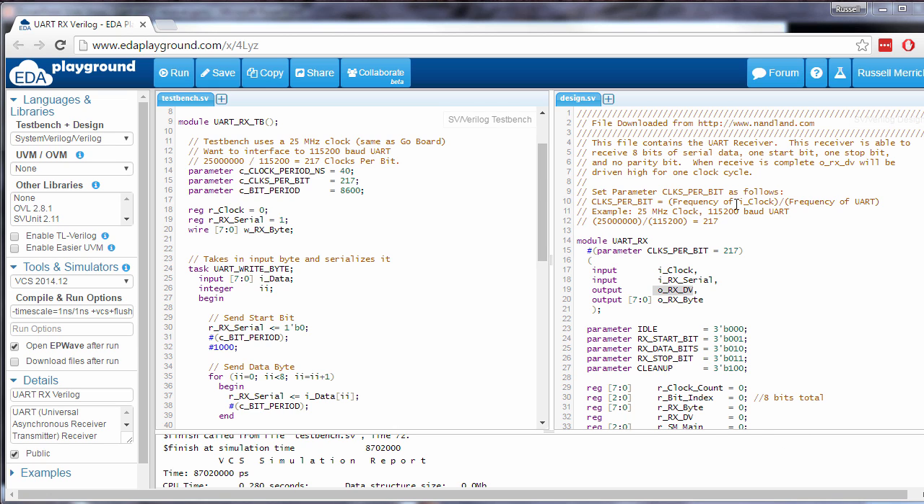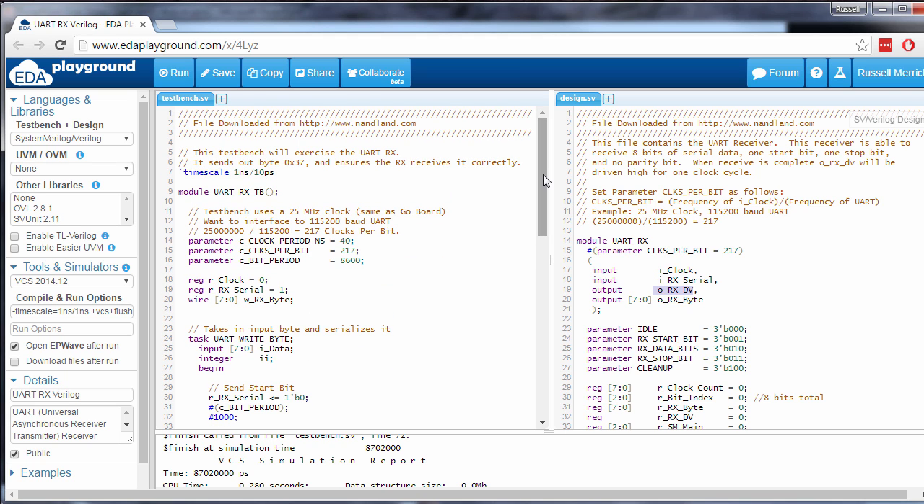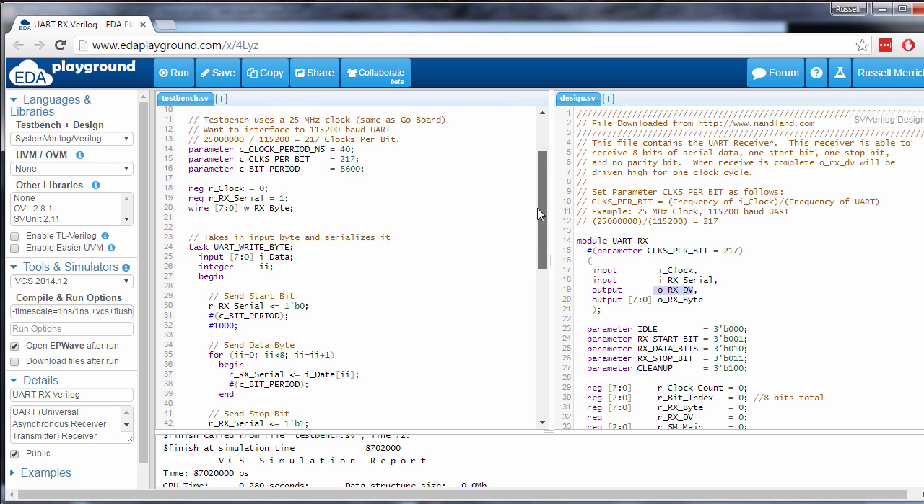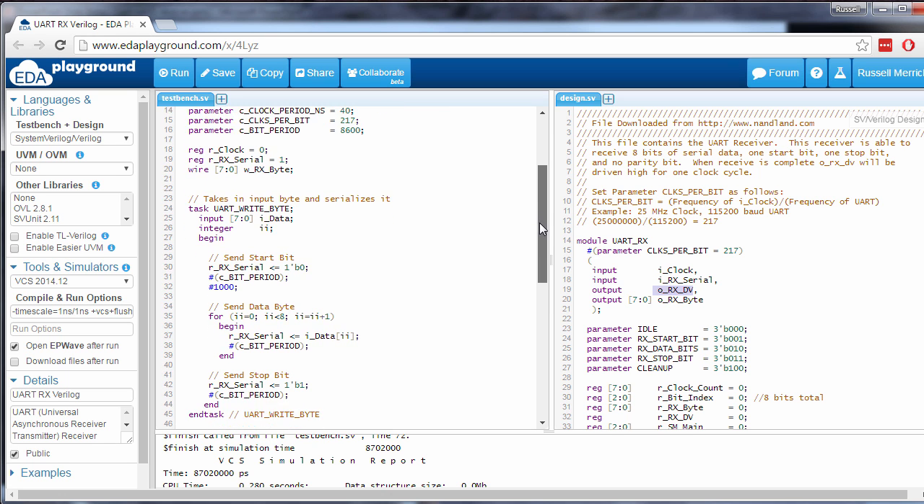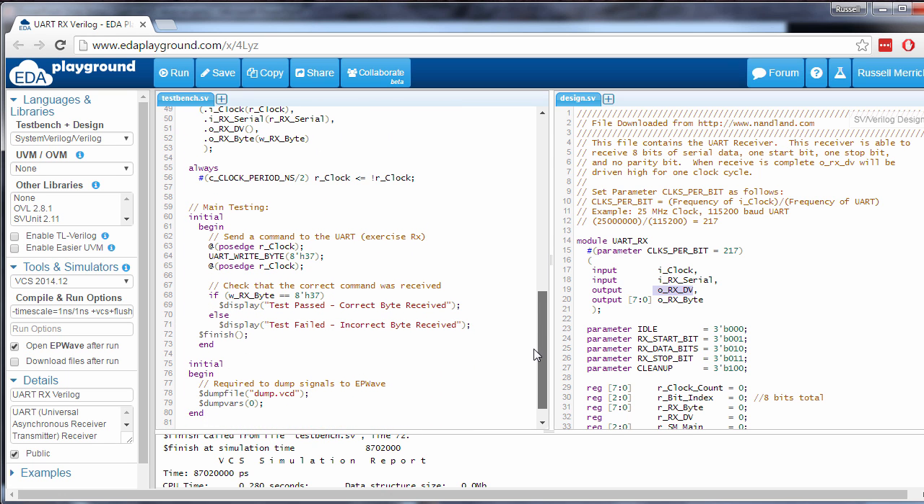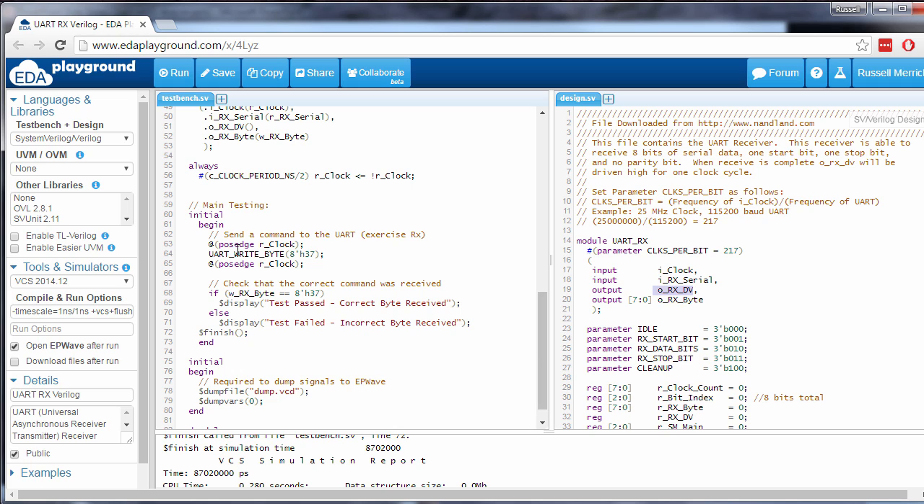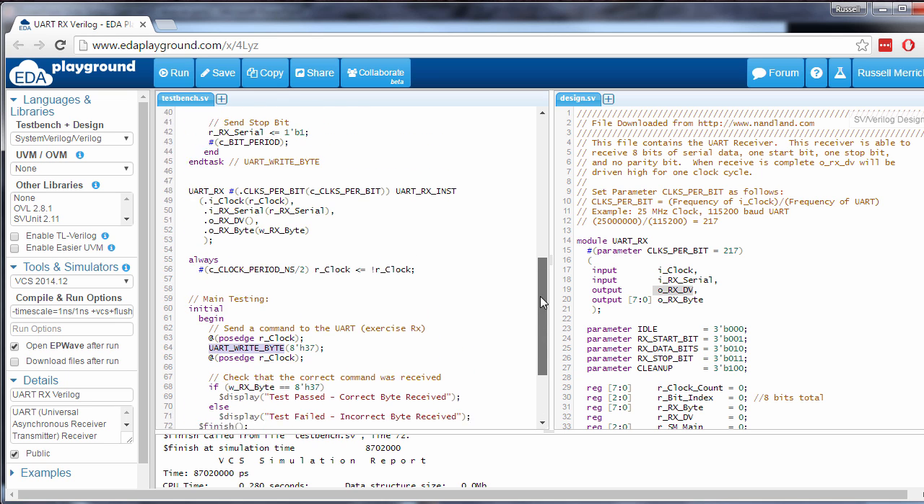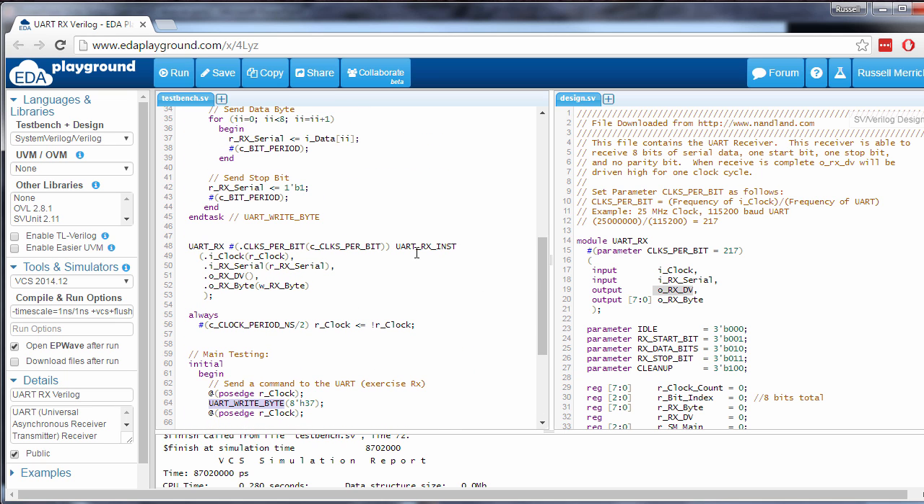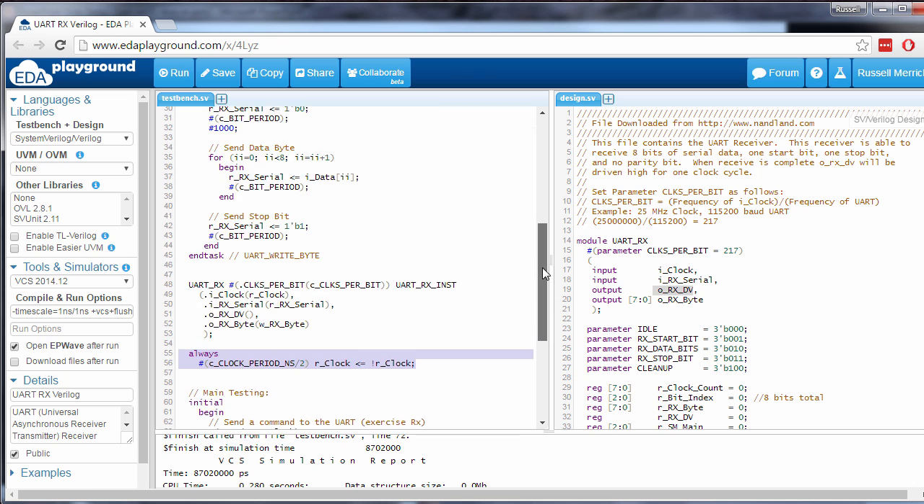Once the RTL code has been written, we do want to write some test bench code, make sure everything is working correctly. And the purpose of this test bench is basically to write a byte from the test bench to the receiver. So we're going to be instantiating the receiver here, generate a clock, drive that clock to the receiver, and then